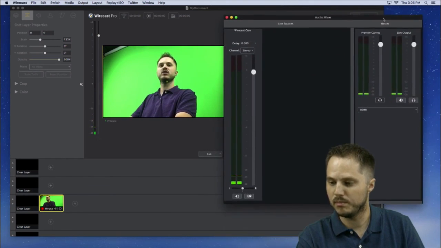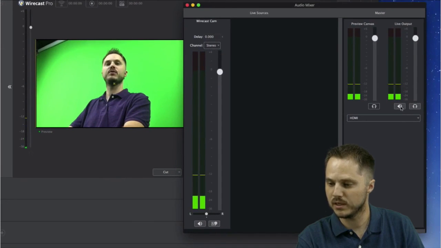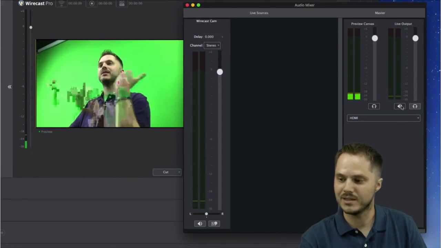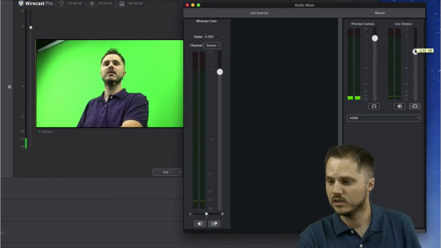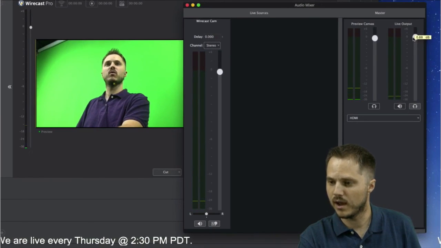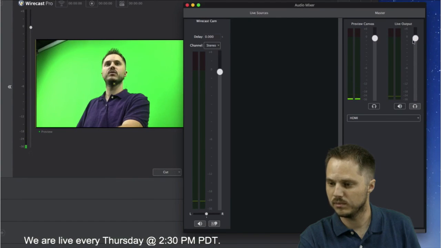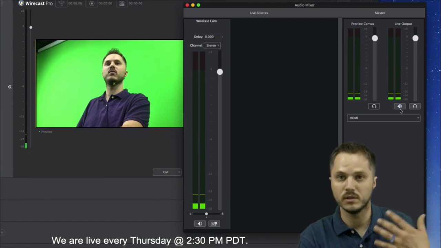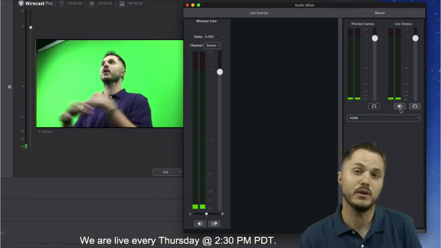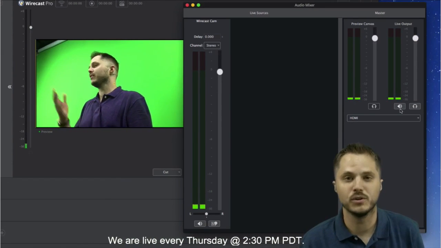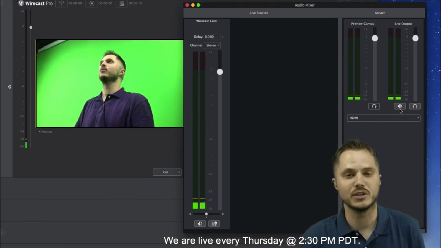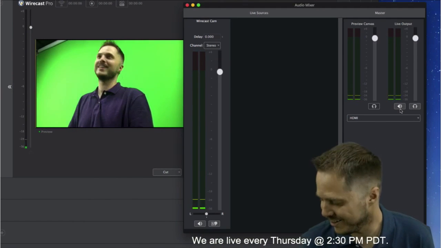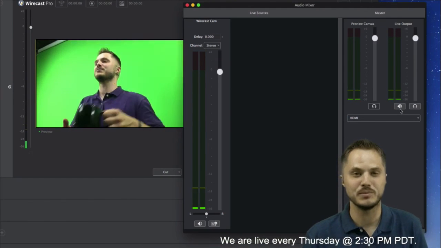This is your live output mute button, and it will instantly kill the audio. It's like dragging this slider down to 0. So touching that button or not is going to control the audio on the broadcast. So you can cut all audio if, I don't know, your landlord comes in and starts yelling at you or something like that. You have unexpected interruptions into your broadcast.